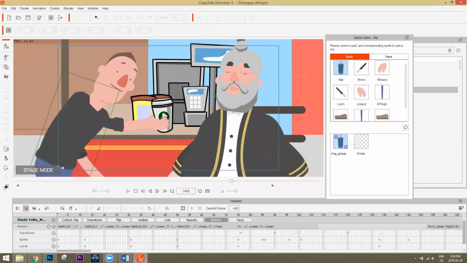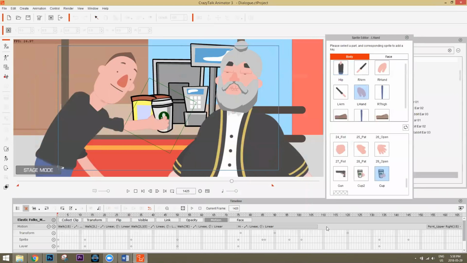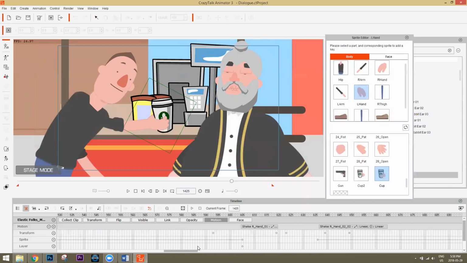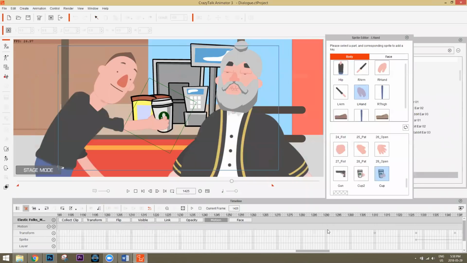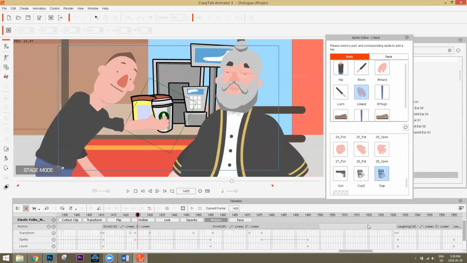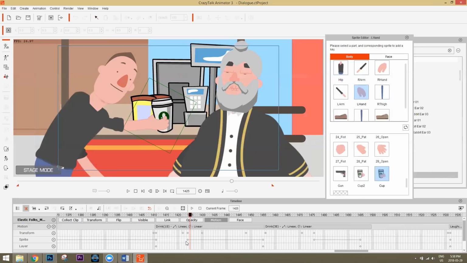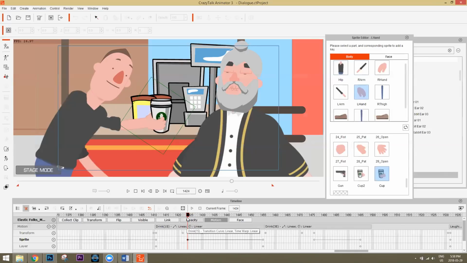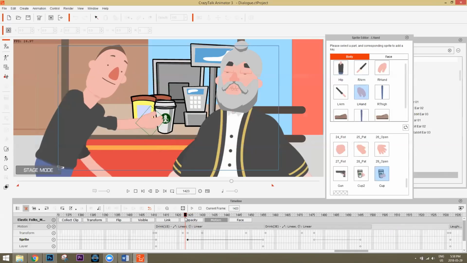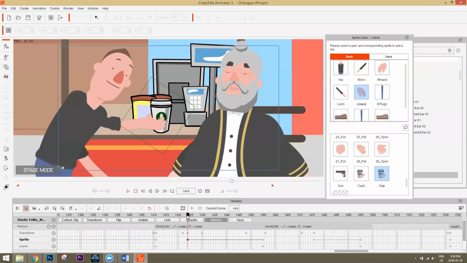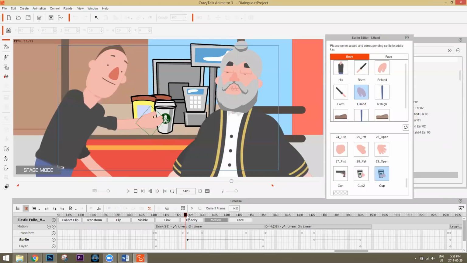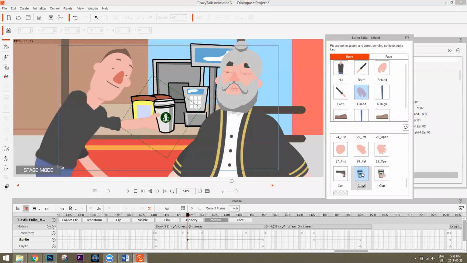And you can see, after a couple seconds of waiting here, if we go to the correct frame, where are we? At the very end, there we go. Okay, so there's a little sprite switch from here to here. Here you can see his hand is empty. And this frame here, you'll see his hand has the cup sprite in it right there. So here, empty. Here, I've used that cup sprite.